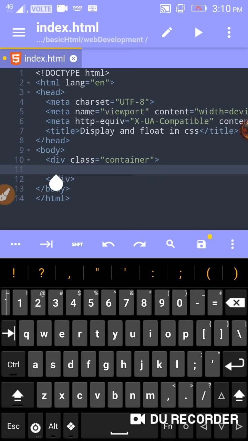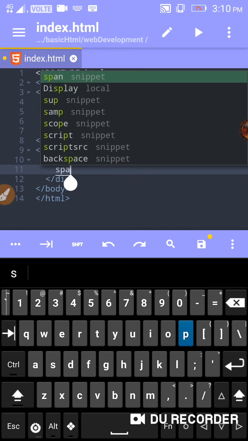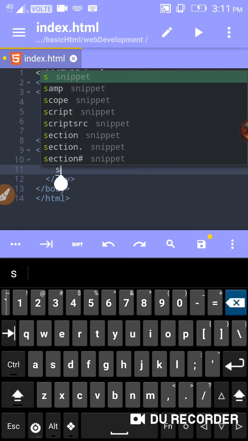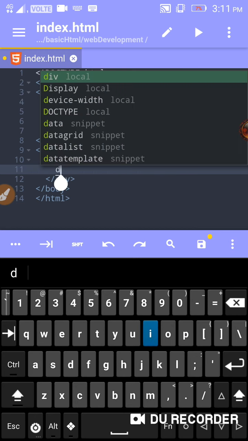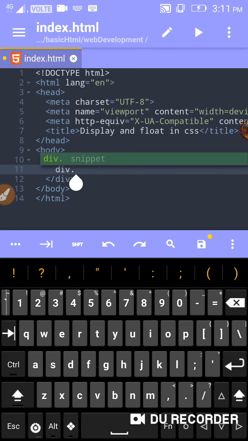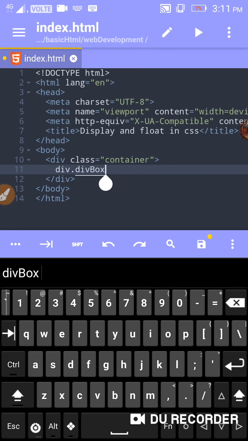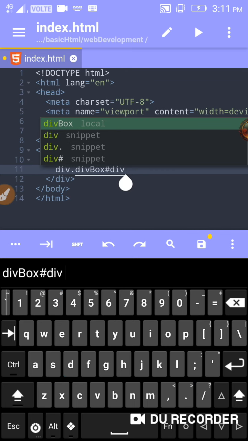Here I'm going to make a span tag for better explanation. Then I'm going to take a div tag with class div box, then an ID should be div 1 2 3,